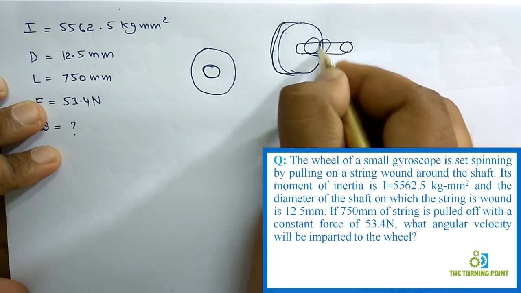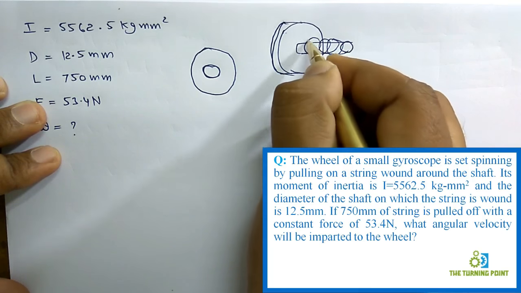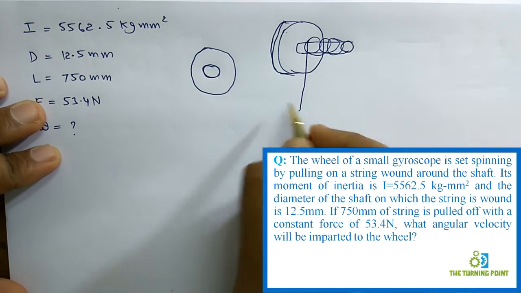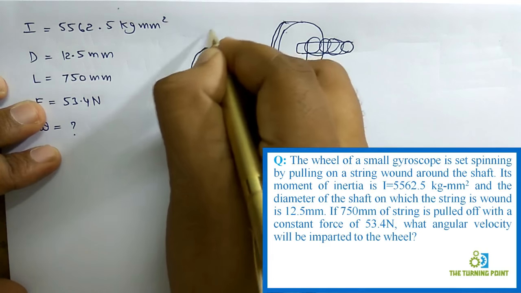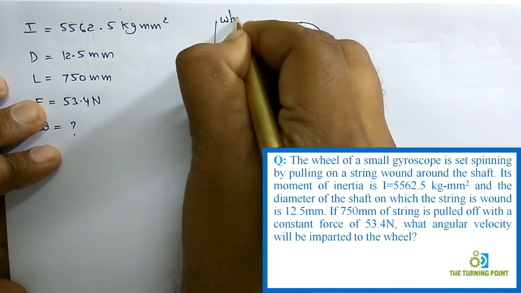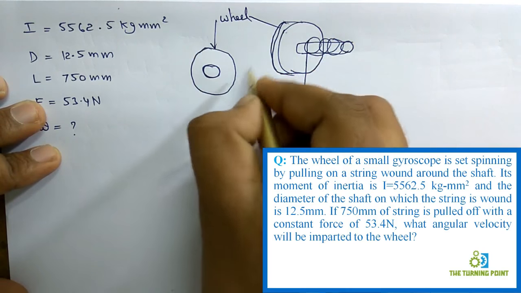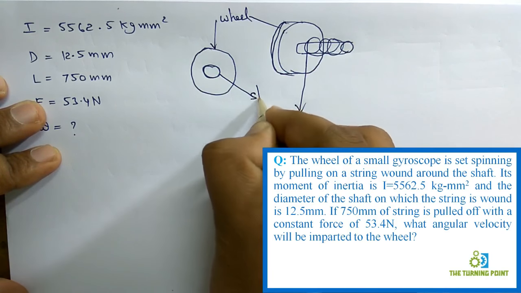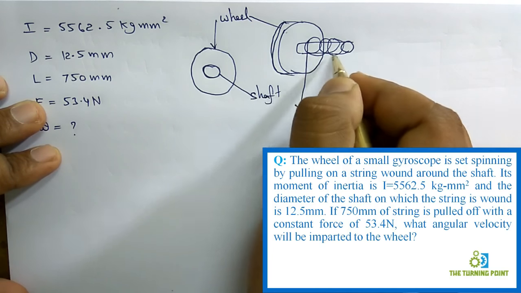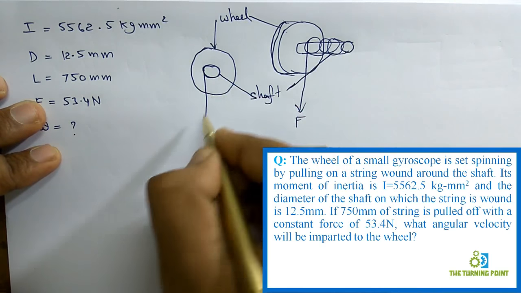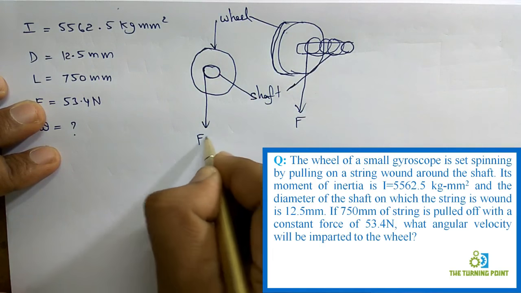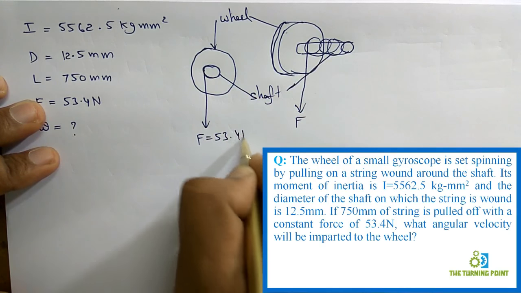To this shaft there is a rope wound around it. Here we are applying force F on this, so then it is able to rotate. So this is the wheel and this is the shaft. To this shaft we have applied a force of F, which is 53.4 newtons,